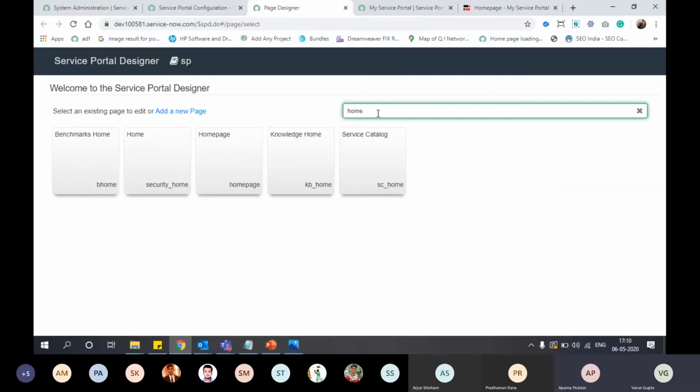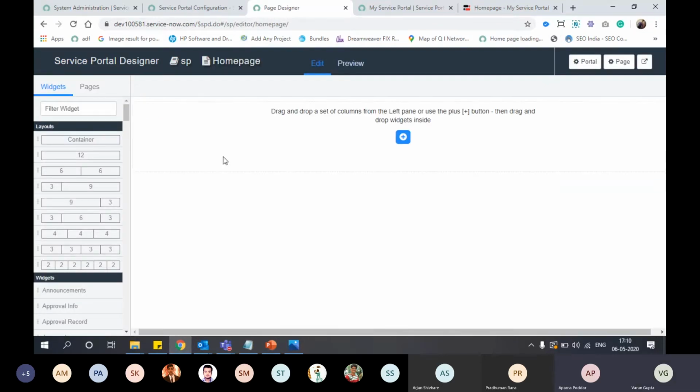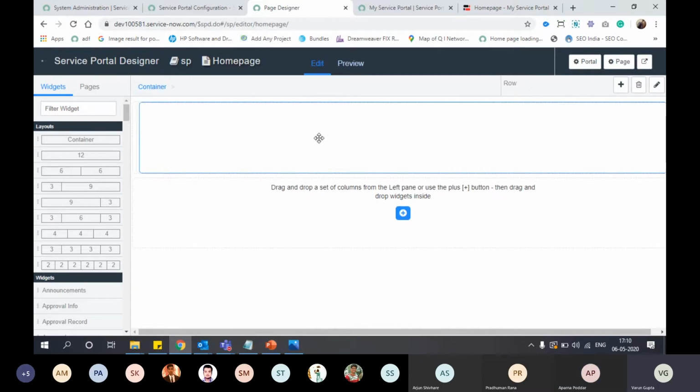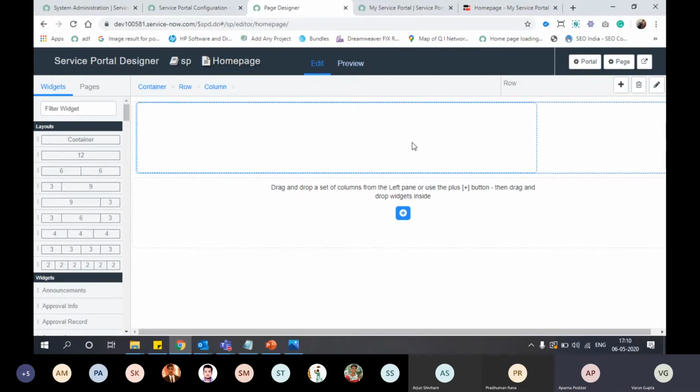Find our page, home page. Okay. First we will do the structuring. I will take another container, row. Then I will have this 9x3.